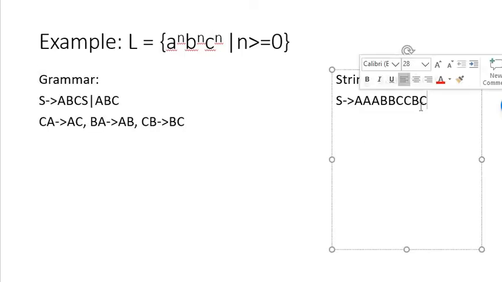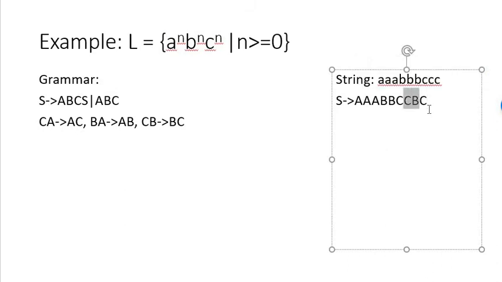Okay, now this CB should be swapped and it should become BC। So मैंने उसे swap कर दिया। Now this CB should be swapped, it should become BC। So मैंने उसे भी swap कर दिया। That's it। So using these productions, we are able to generate equal A's, equal B's, equal C's, capital A's, capital B's, capital C's, and then using these swapping productions, we are able to combine all A's together, we are able to combine all B's and all C's together। अब मुझे क्या करना है?